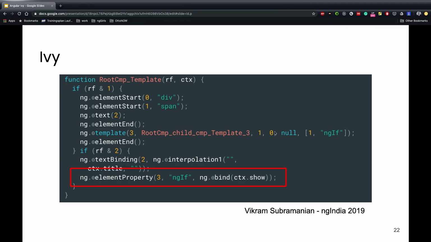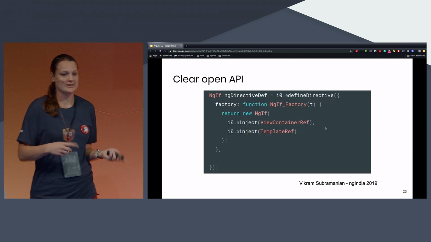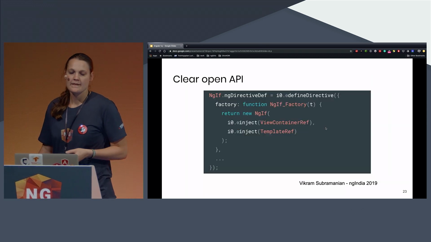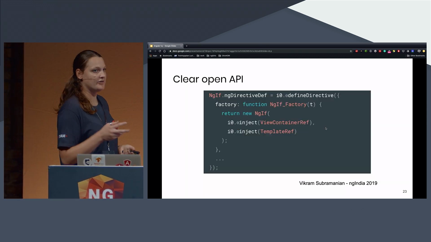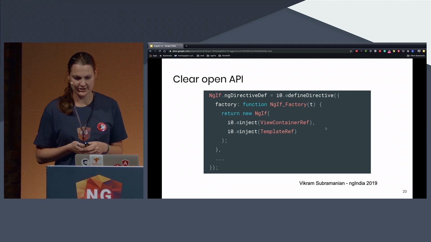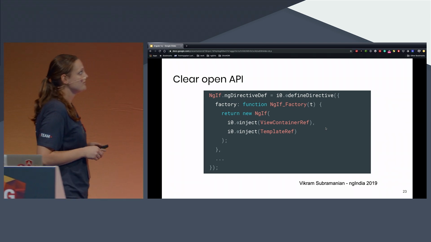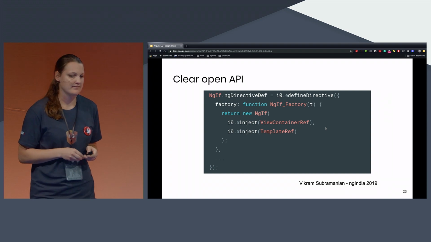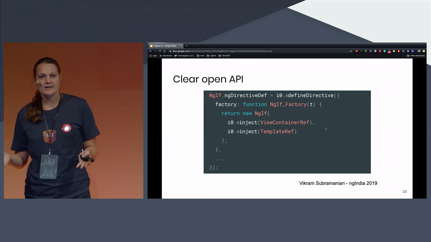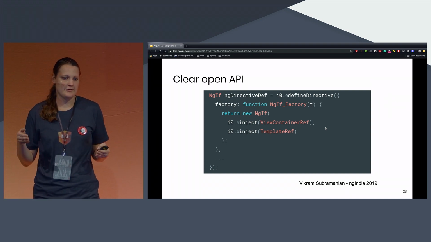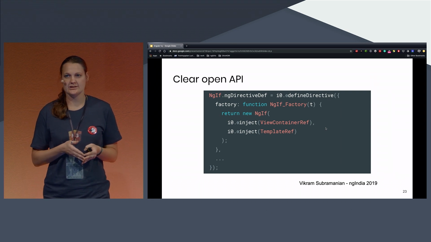But now here in the end, we see, yes, we need an ngIf, and then we call the constructor of the ngIf, which then knows exactly, with the help of this new static definition, here the defined directive static definition, what the actual dependencies are that this ngIf needs.